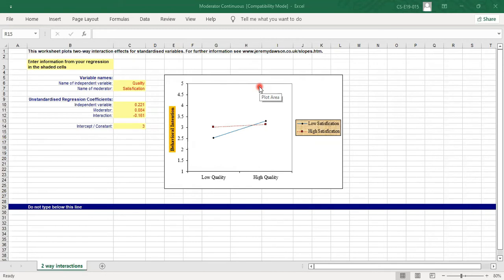In this one, you put the name of the independent variable and moderator. Here the independent variable is satisfaction, and our moderator is quality. So here you can put the values I showed you, where there was the relationship between the independent variable, the moderator and the interaction term. These three values you can bring over here and put here, and then you will get a graph over there.